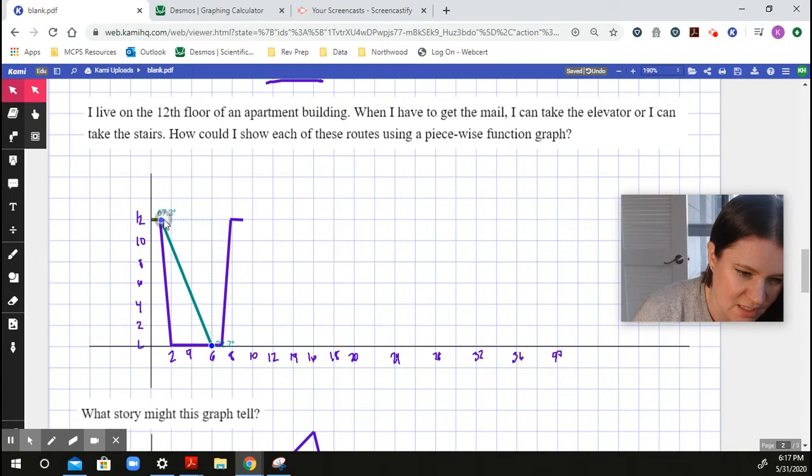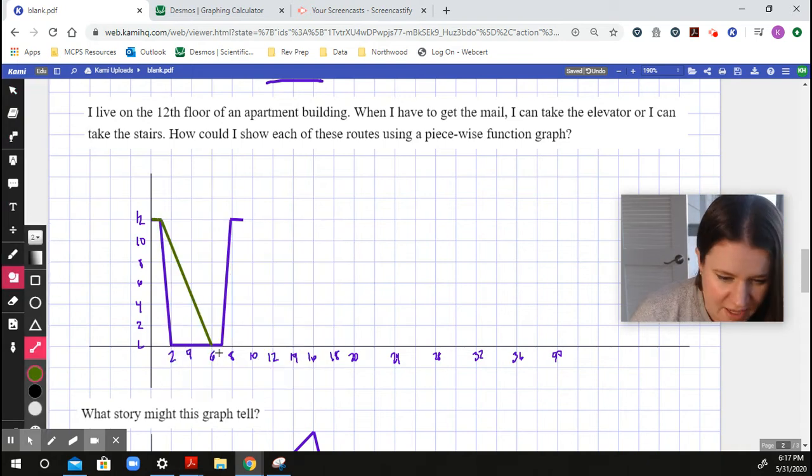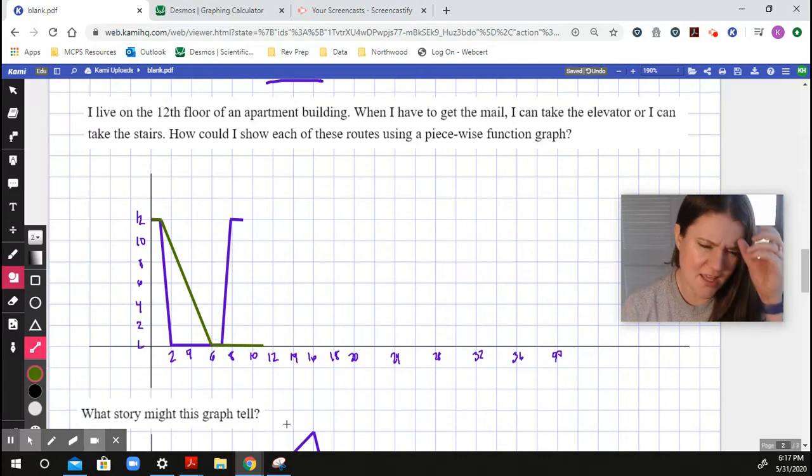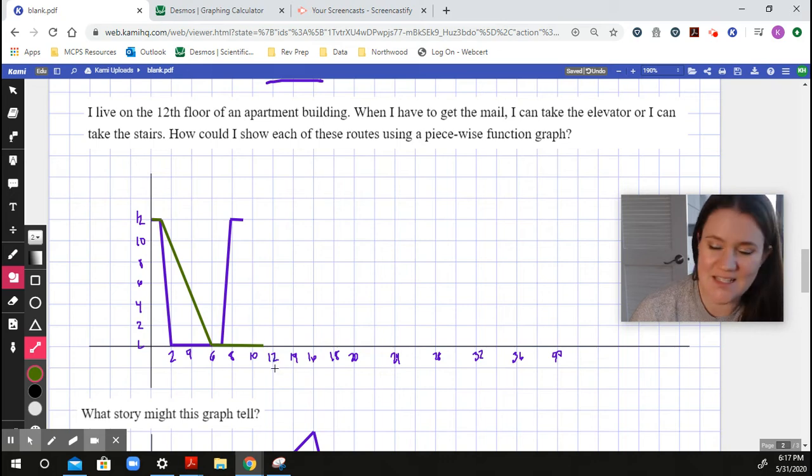The purple is if I take the elevator down. All right, well, I'm going to still be down there for 5 minutes or so. So I'm going to just still be on that lobby floor, and that's going to be there. And then I'll say, all right, now I have to walk up the stairs. I'm going to give myself 12 stories. It doesn't take me a minute per